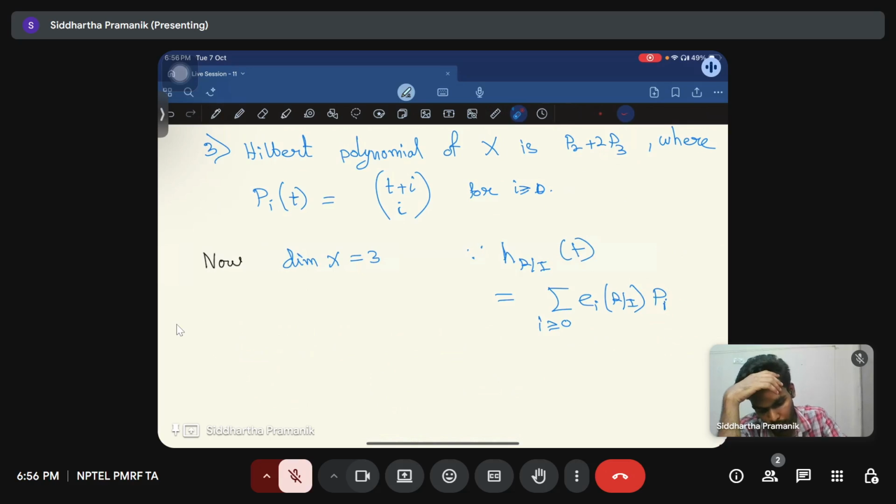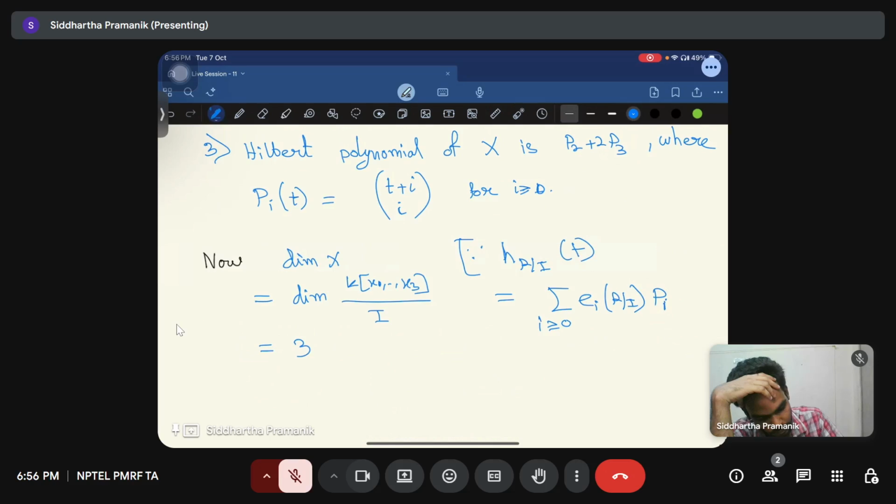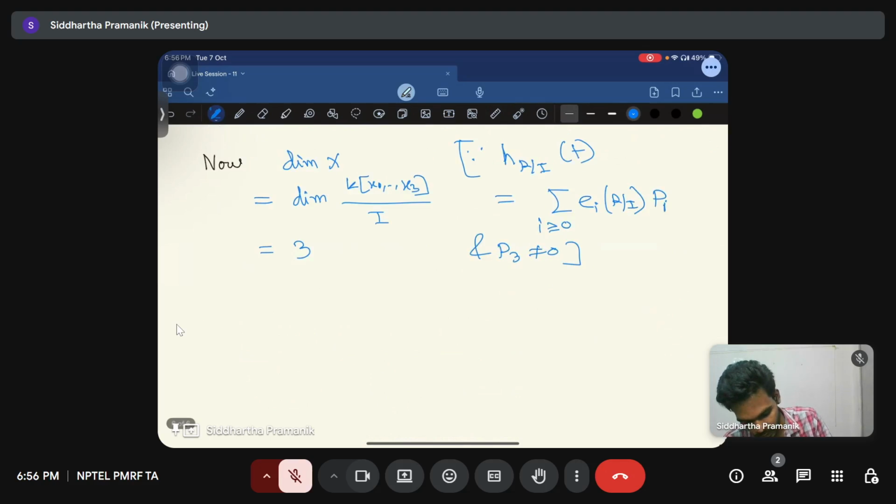Okay, I should write it here. So the dimension of X is basically the dimension of the coordinate ring, which is k[x0 to x3] modulo I, and this is 3 because P3 is non-zero. So we have got the dimension of k[x0 up to x3] mod I. So this will imply,